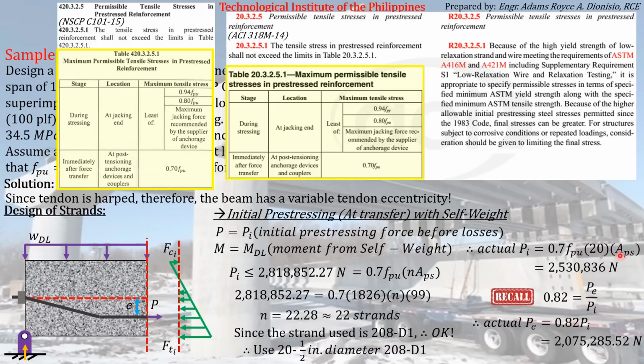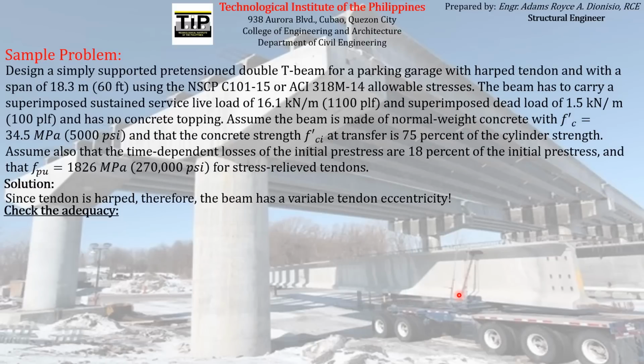And again, we have chosen this to ensure that the maximum tensile stress that will be induced on the concrete element that we are designing at transfer stage will not exceed the allowable stress specified by the code, which is 1.2 megapascal, if you can remember from the previous slides. So after that, the design process already ends on that part,